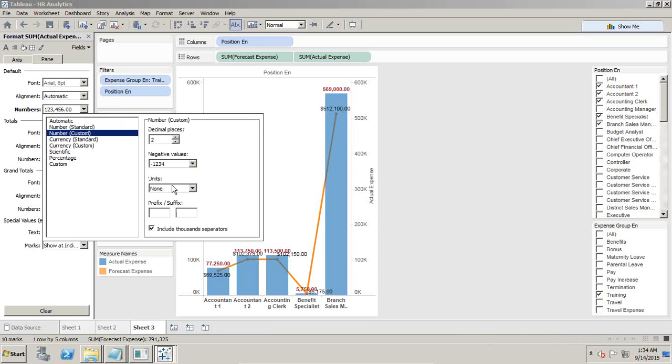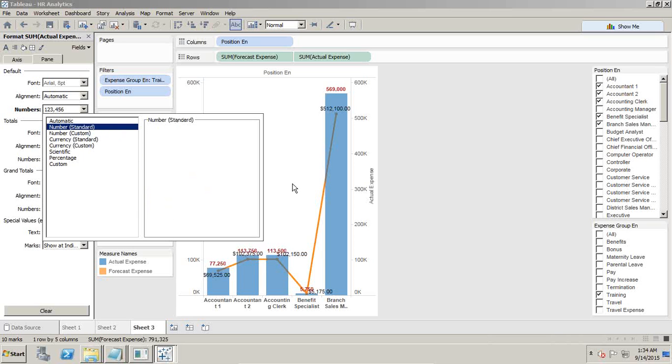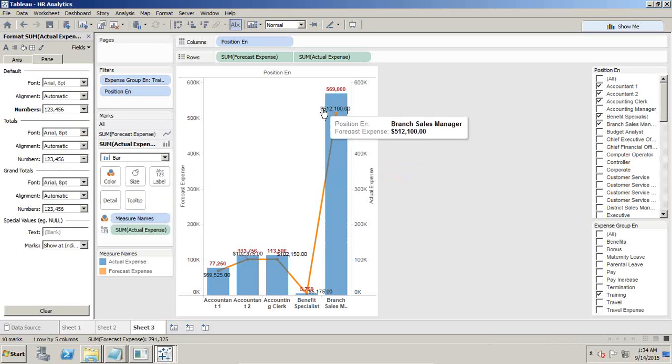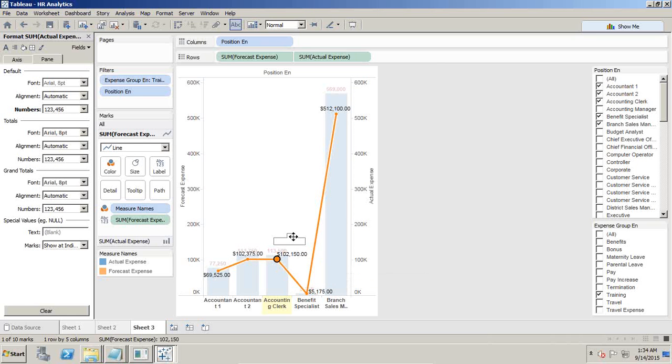You can give a custom option as well and change your currency columns, unit, and thousands separator, displaying whichever format you'd like. This is the dollar symbol. So you have this option available to you. If you find the numbers are overlapping, you can drag and drop and position them in a different place.